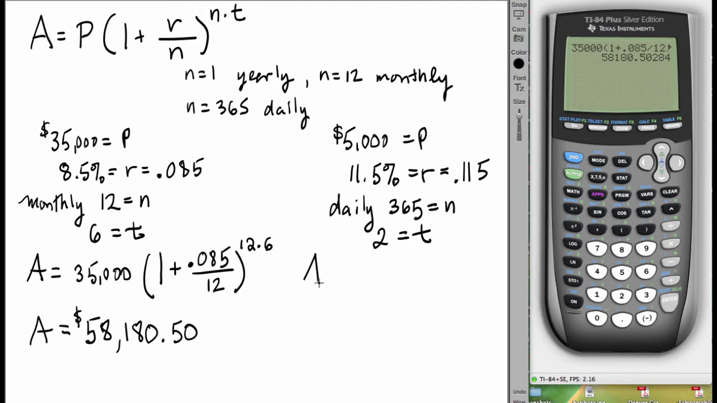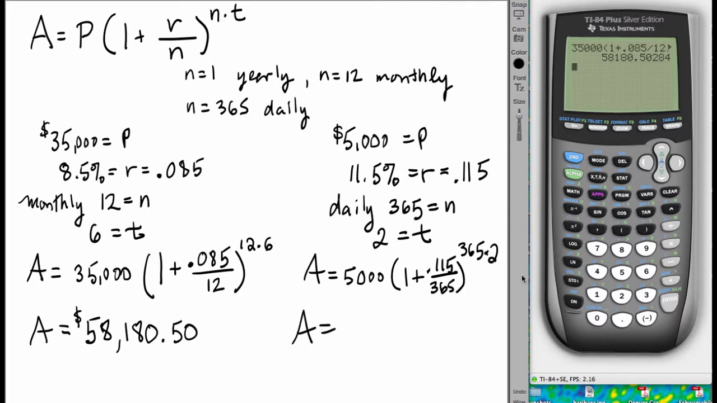So we write out the expression, A equals 5,000, that's the principal, times 1 plus 0.115, divided by 365, raised to the 365 times 2. And so let's go to the calculator